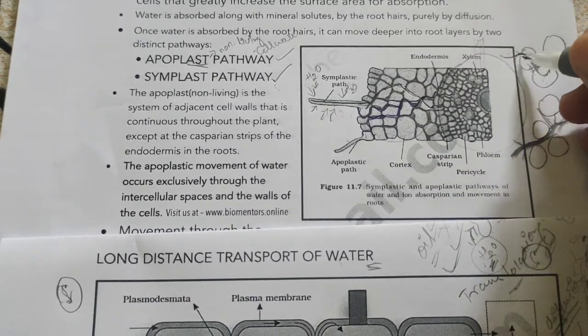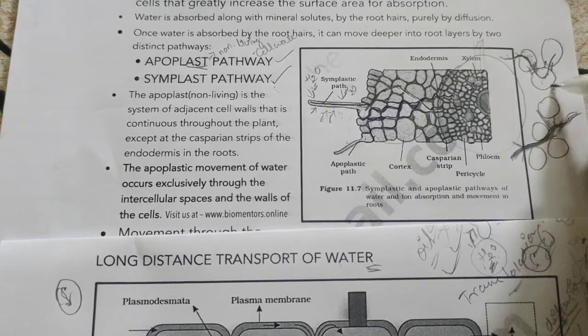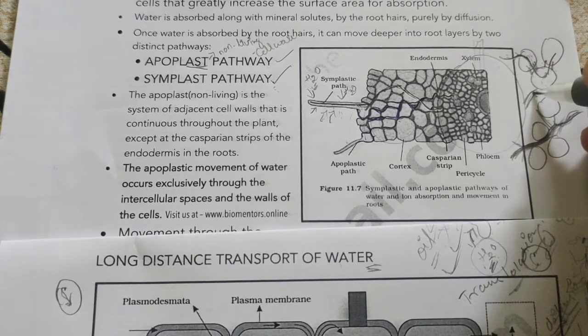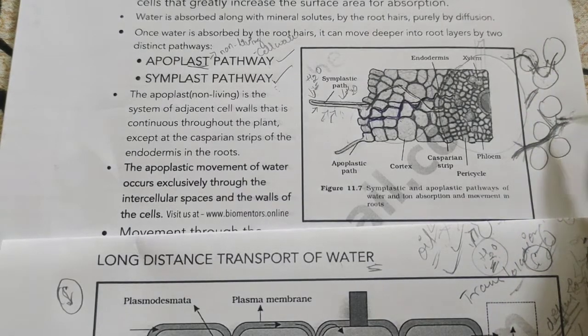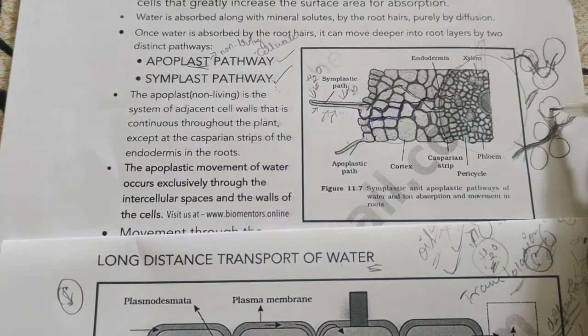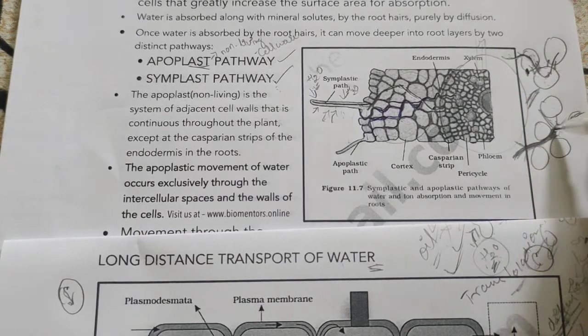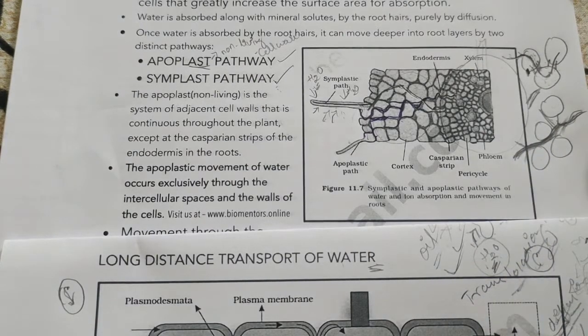As the water is entering into the cytoplasm, it takes place at a slow rate. Why? Because the cell membrane has to permit the entry of water. The cell membrane or plasma membrane is a selectively permeable membrane. It is semi-permeable in nature. So it should allow the movement of water from one cell to another cell, and thus it takes time when compared to the apoplast. There may be some restrictions over here, and thus apoplast movement of water takes place at a faster rate when compared to the symplast.